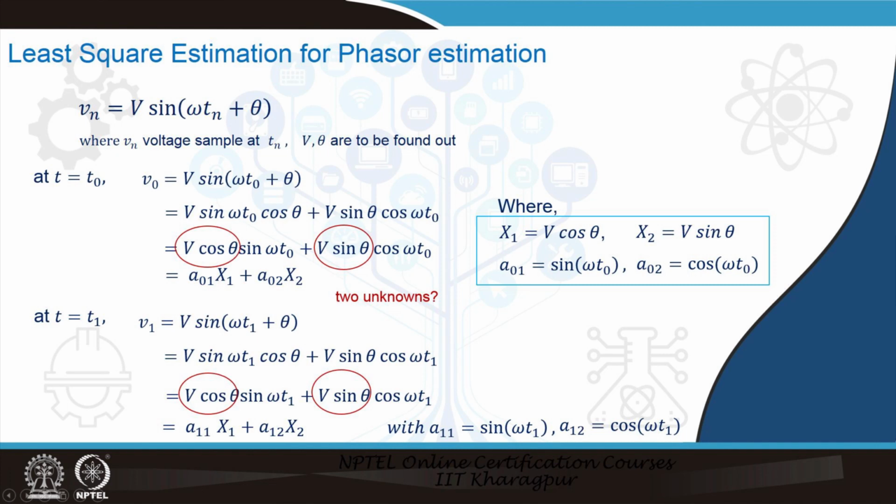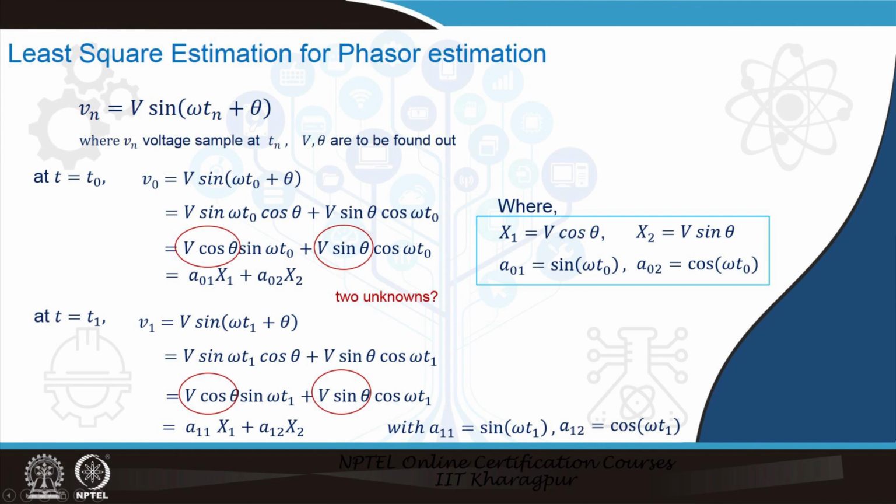So, that is our 2 unknowns. Agree? These 2 unknowns are V cos theta and V sin theta. We define V cos theta and V sin theta in terms of x 1 and x 2, the 2 unknowns, and the corresponding other 2 terms, sin omega t naught and cos omega t naught, we define as a 01 and a 02, the 2 coefficients of these unknowns. So, this becomes equal to a 01 x 1 plus a 02 x 2,